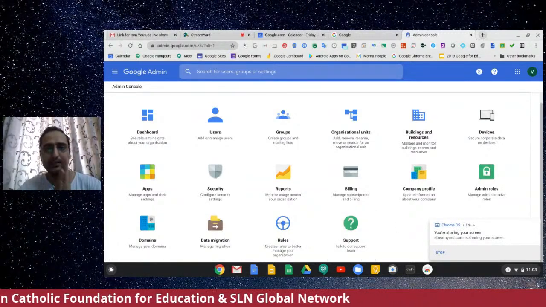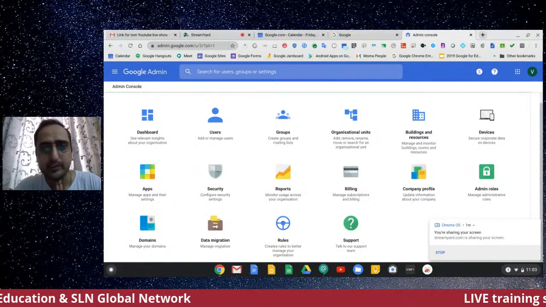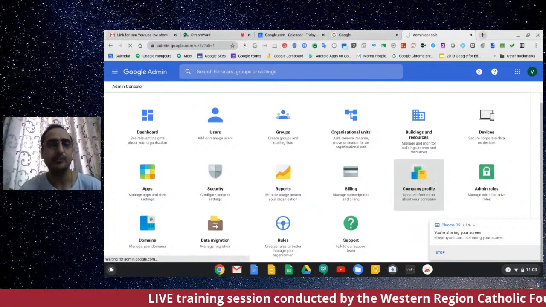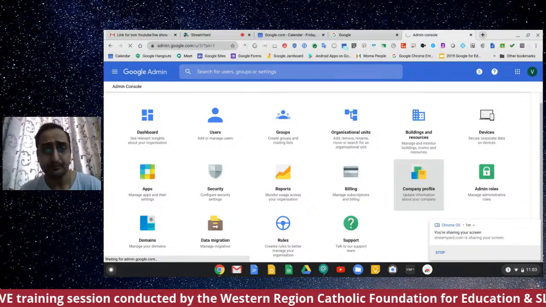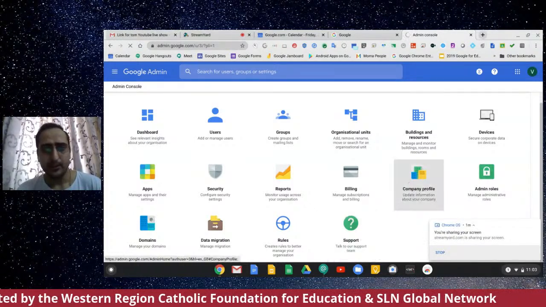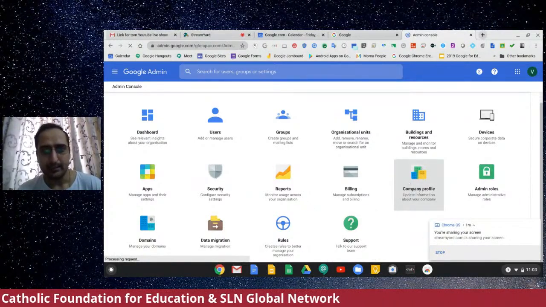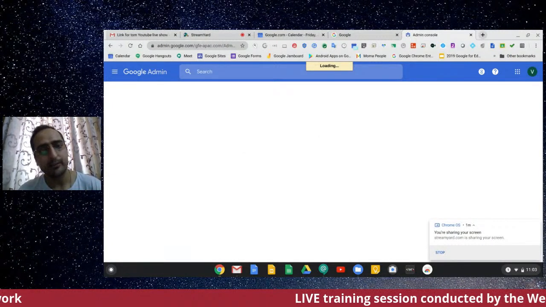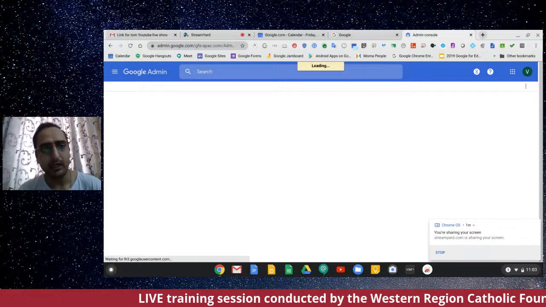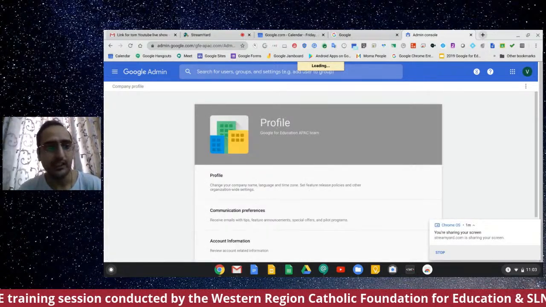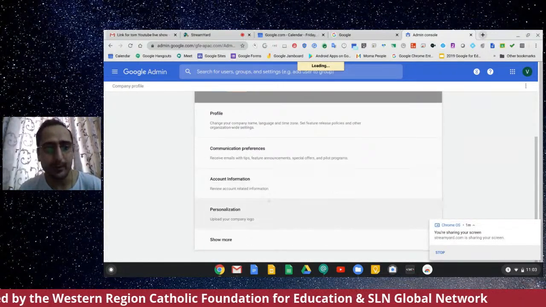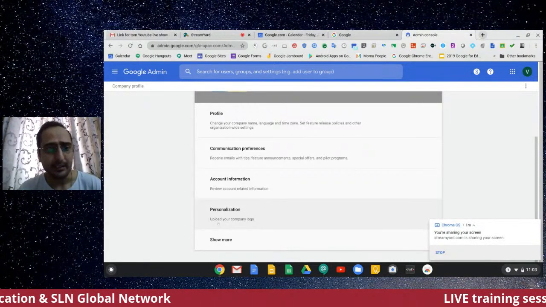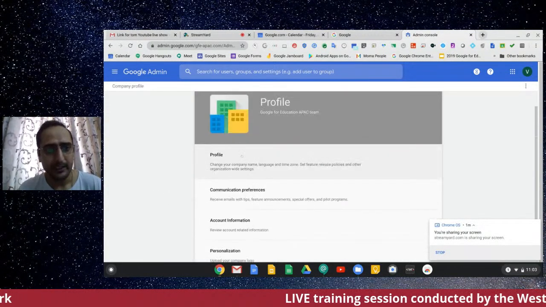So let's begin. First of all, when you register your domain, the main domain which you have registered to get access to G Suite for Education, it is going to reflect under company profile. When you open that company profile tab, you will see the main domain which you have registered, and there are some options where we can change some settings. Let's say if you want to upload the company logo, that is possible. We can go to personalization and upload the company logo, or else we can click on profile,